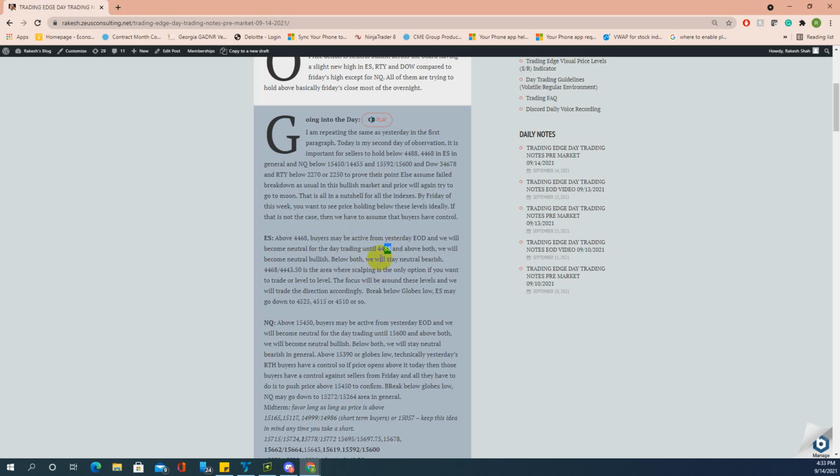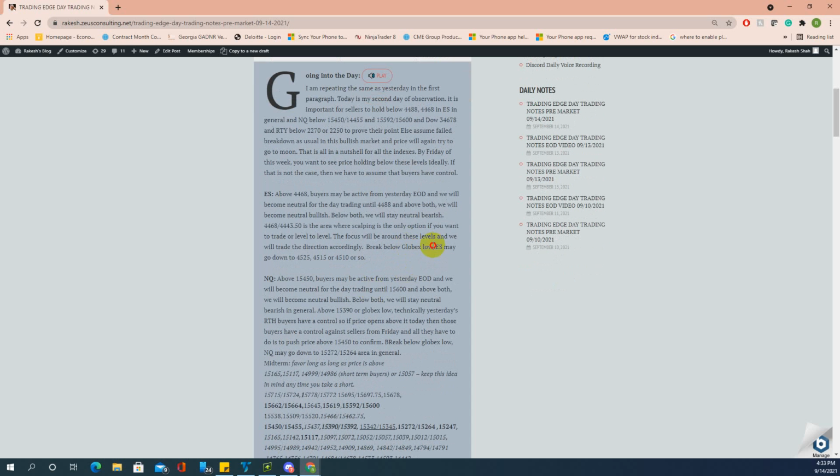And then this is the area. Scalping is the only option if you want to trade level to level. And then below Globex low, ES may go down to 25, which becomes the low of the day today. So first area is covered. Now tomorrow or overnight, look for these areas, if price further goes down or stays below 68, continue to stay below 68, or the preferred option would be below